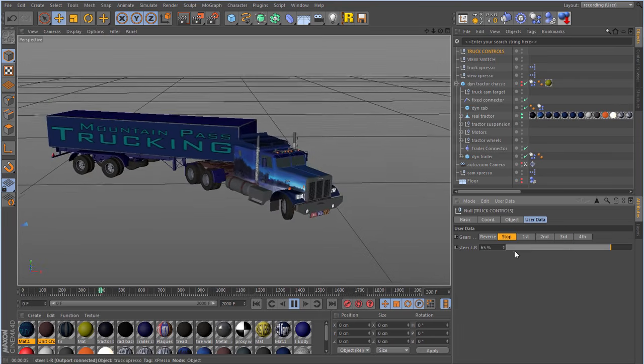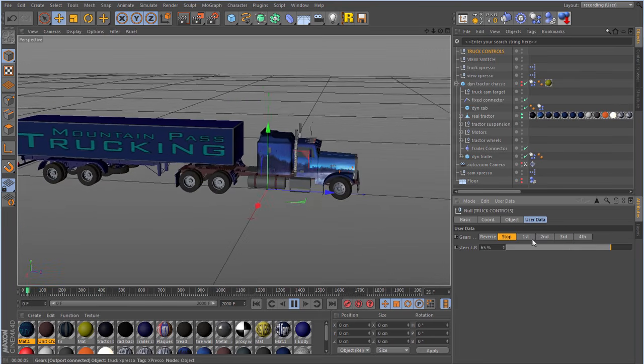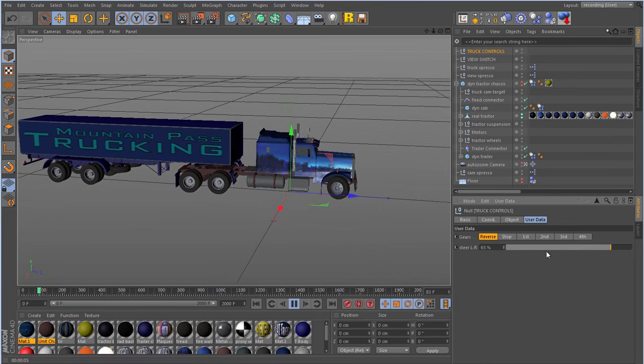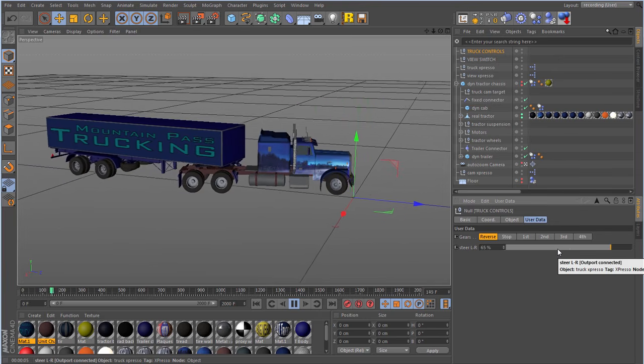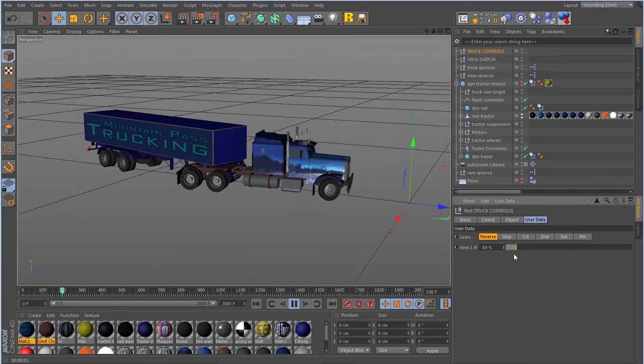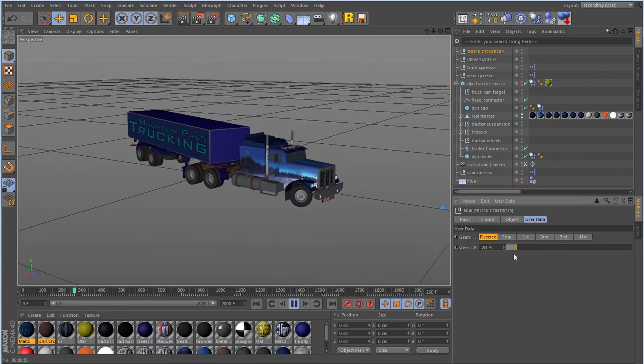And the best thing about these big rigs is you can practice your reversing. So I'm just going to put this fella in reverse. And if you think you know all about reversing a trailer, I can assure you it's a lot harder than you think.